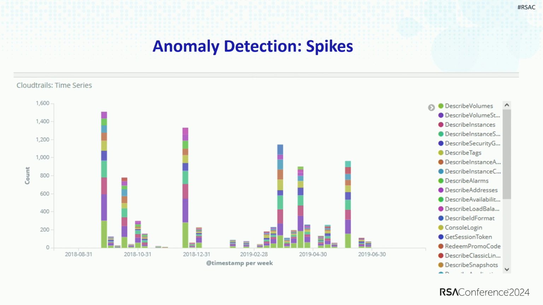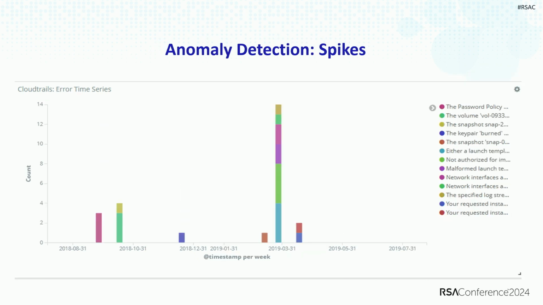These are spikes and lows; this is basically a plot of event name by time, and this is a plot of errors by time. And a spike in errors is often useful because a spike in errors doesn't really have a benign explanation. It may not be malicious and it may not be a threat actor or an intrusion set, but a spike in errors means that something's